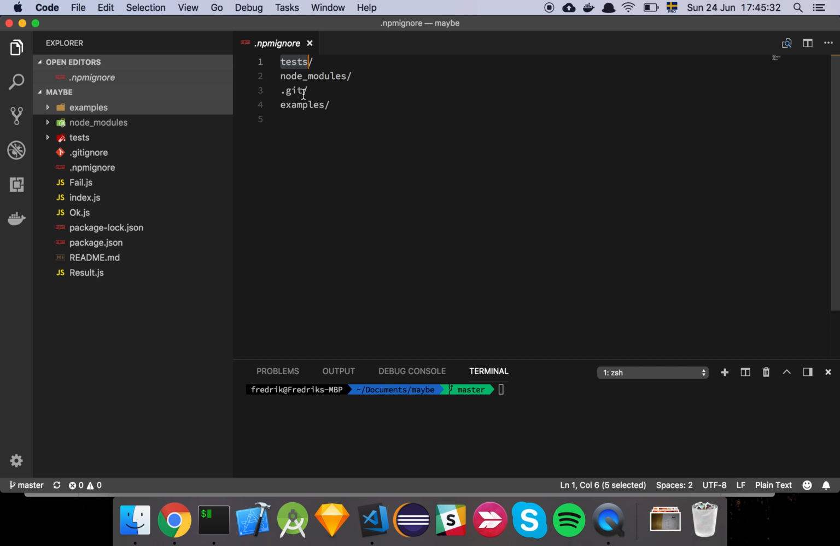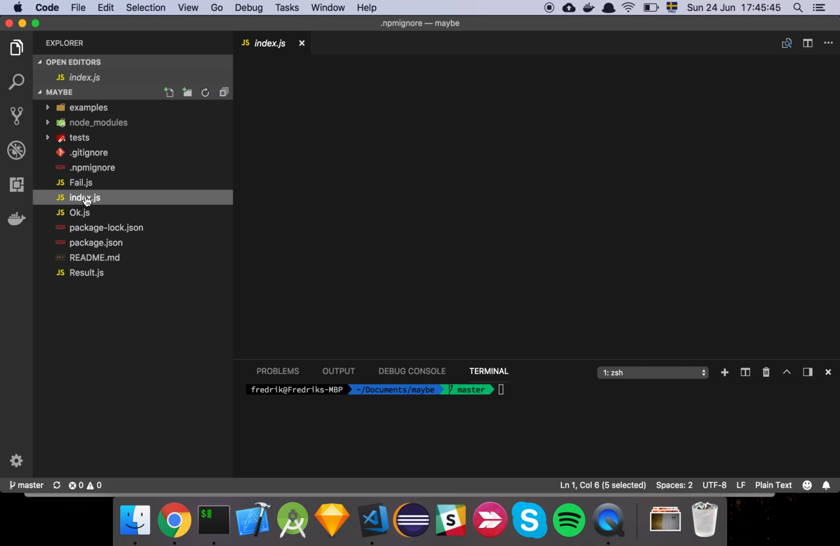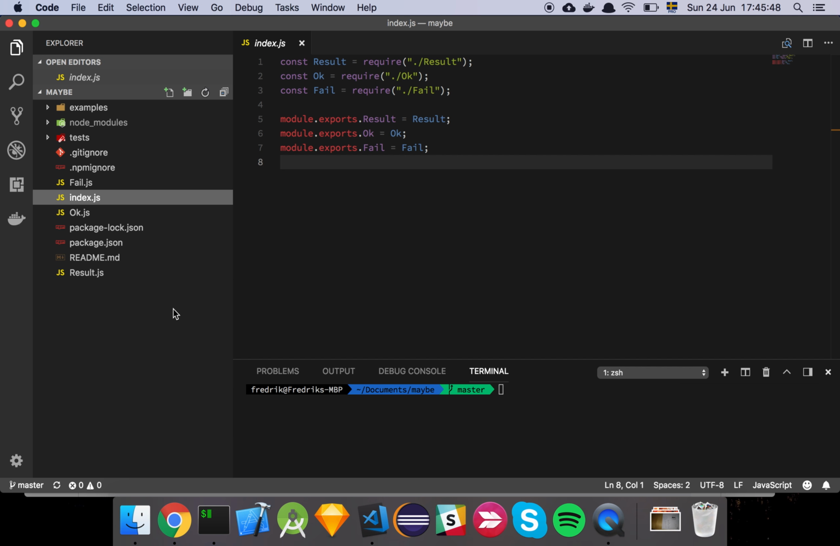And I don't want my tests to be included because there's no reason for the tests to be in production code, right? So when I publish, these directories are going to be excluded from the publish. So let's just dive into the most important file, which is the index.js file,